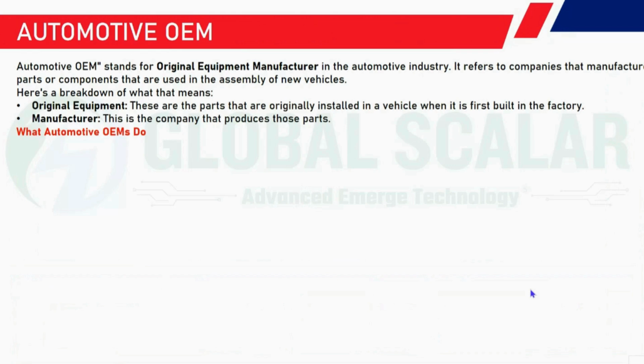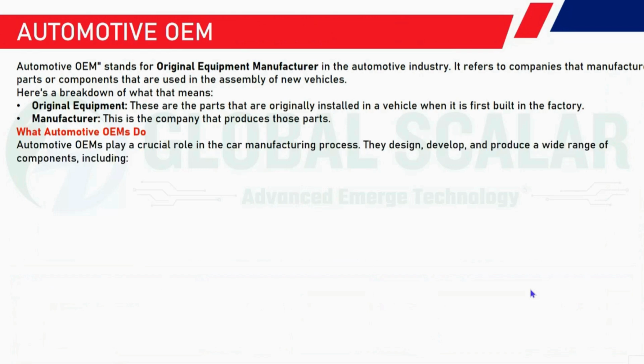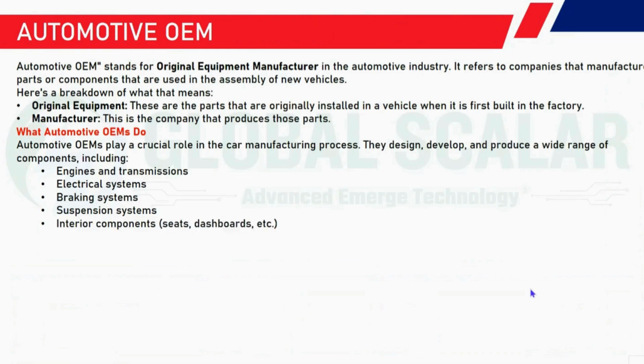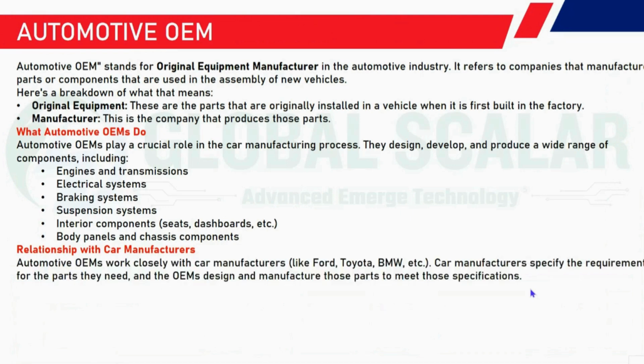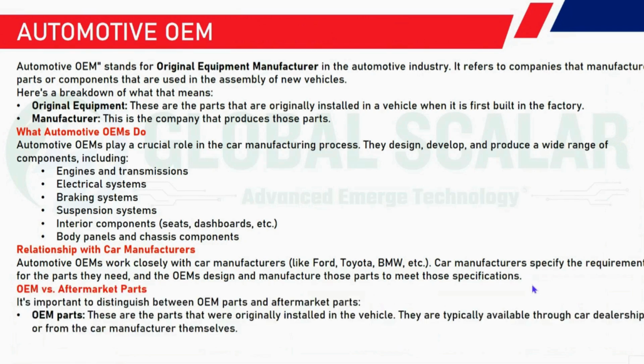What do automotive OEMs do? They design, develop, and produce the vehicles. Specific to the components: engine and transmission, electrical system, brake system, suspension system, and interior and exterior components. Those are the components they will design and assemble. And regarding the relation with the car manufacturer, OEMs are Ford or Toyota, BMW or Benz. There are some OEM manufacturers who design the cars. And the important part is that the OEMs have the dealership